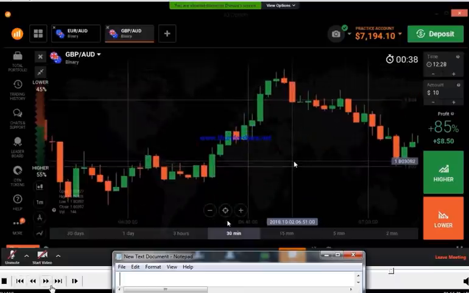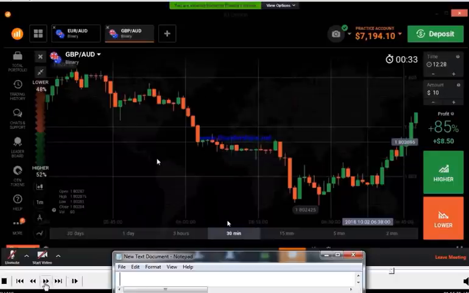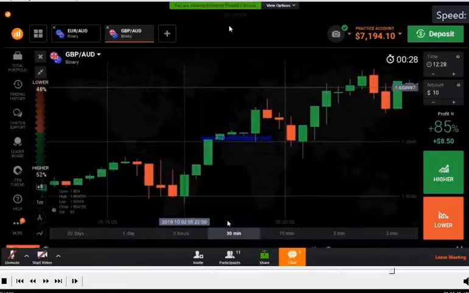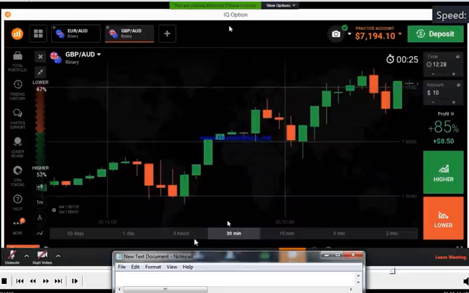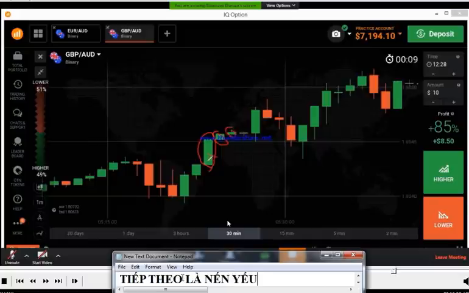So you can see here. Okay, no, this is not good. You can see here, this is the weak candle. You can see this is a strong candle, right? This is a weak candle. Then this is a very weak candle compared to this candle, and this is a very weak candle compared to this candle. It means it may reverse from this level.